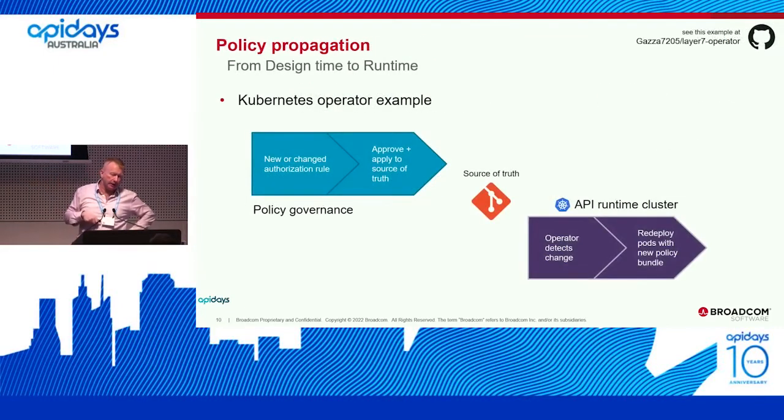The next one, now this is your classic example of governance life cycle and then deployment runtime. So you've got this classic style of defining your policy, testing it out in lower environments, agreeing it's all good to go, pushing it into some Git repo, and then we put together a Kubernetes operator that was looking for commits on that Git repo, and when it saw a commit, it sucks down the new policy, combines it with the runtime components being the ingress controller, creates a new bundle, deploys that using Kubernetes to seamlessly bring to life the changes in the policy and propagate them.